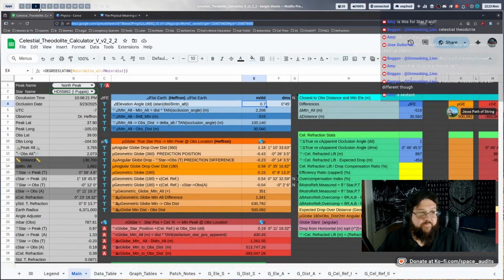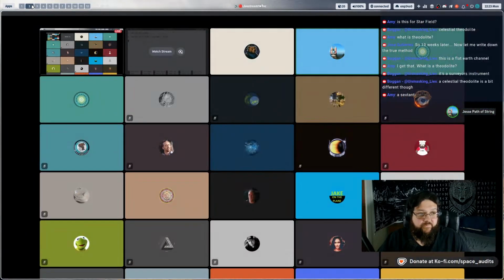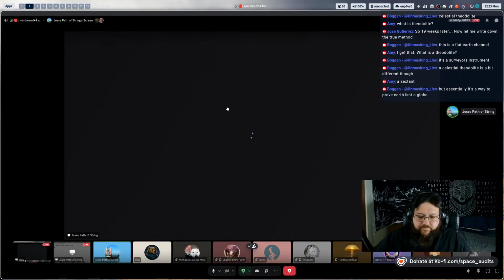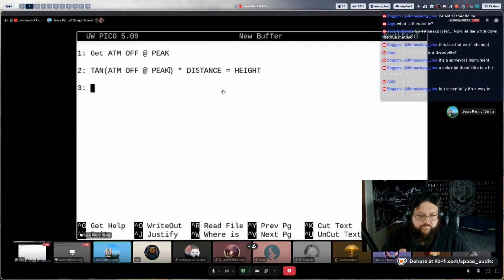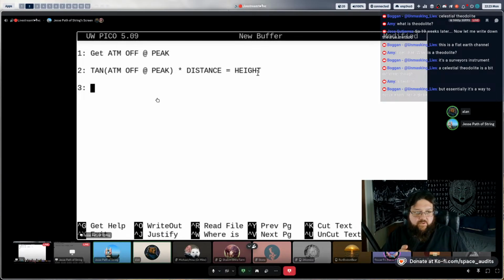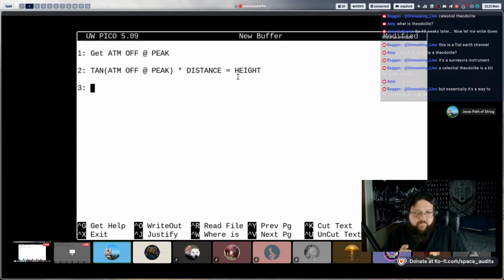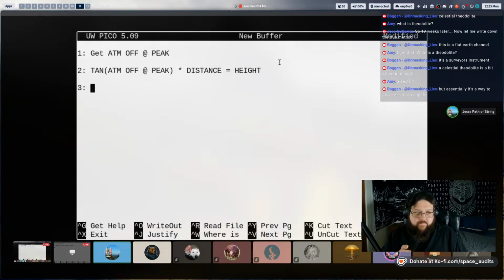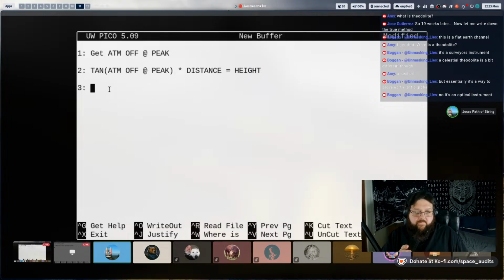Okay, so as step 2, I have take the tangent of the atmosphere-off peak altitude angle, multiply it times the distance, and that gives you the delta height of the mountain. Yes, sir. That looks correct. Okay, so now we know that's not correct because it's 1,600 extra feet in the case of Greenhorn. So what's step 3 to make it correct?